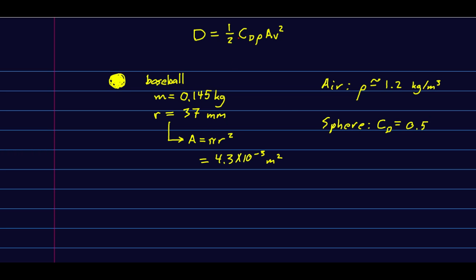So a few things about drag. If you do a unit analysis on this, you will find that the drag coefficient is unitless. And so it's another thing like the coefficient of friction. It's a unitless coefficient. Let's just think about a baseball. And let's say you do a soft underarm pitch so that v is, say, 10 meters per second. Then you can plug in that v and the cross-sectional area of a regulation baseball and the density of air, and the drag coefficient for a sphere is about 0.5, and you're going to find that the drag is about